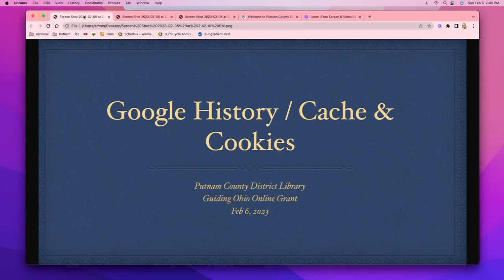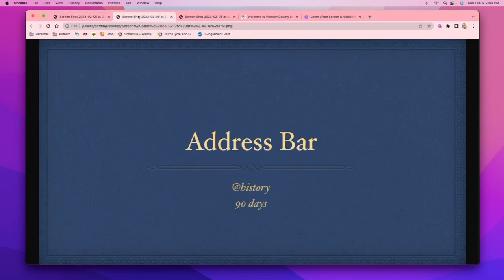This week we're taking a look at Google History, not only the history when you're using Google, but as well as the cache and the cookies. And we're just going to do a little bit of explaining of what these different parts of the Google Chrome are and how you can use those to your advantage and how you can also delete and change things if you would choose. So the first thing is with Google History, you can find the Google History anytime